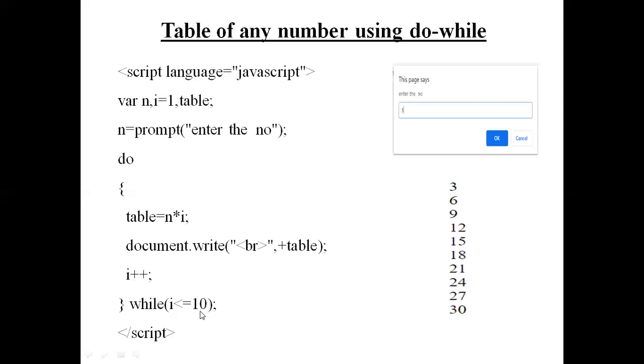So this way it will be executed till I reaches 10, or 3 tens are 30. Okay, I should not be 11. I is incremented, otherwise 3 into 11 it will display 33 also, the next multiple. But here it is checking till 10. So while I is less than or equal to 10, it should follow this loop iteration. That is the meaning of it. So this is a way to work with the do while loop.